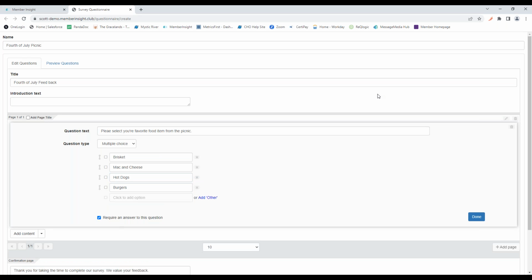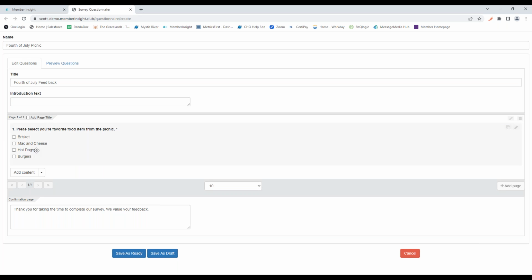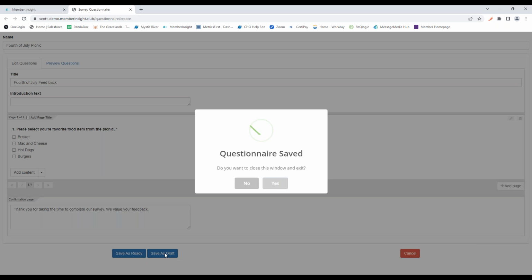And if that's what we'd like, we can enter that, click done, and that survey and that question will now populate within there, and then we can assign that to who's going to receive that survey. So we'll just go ahead and save that as ready.